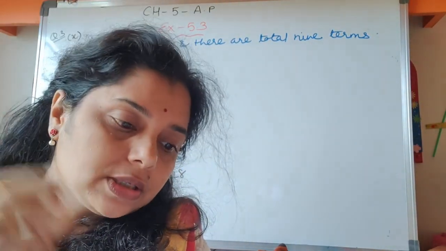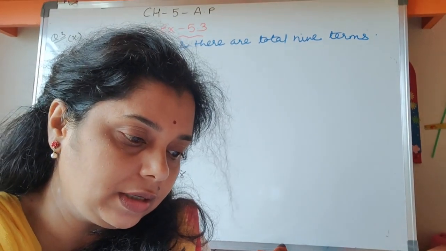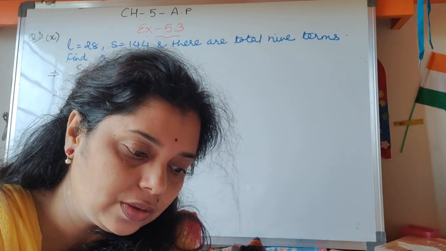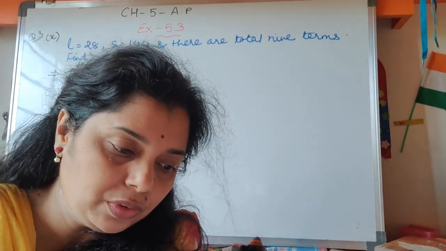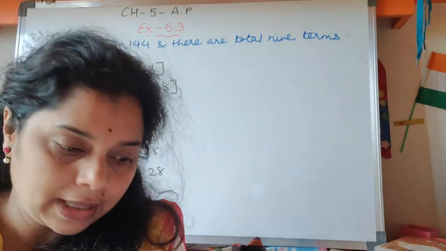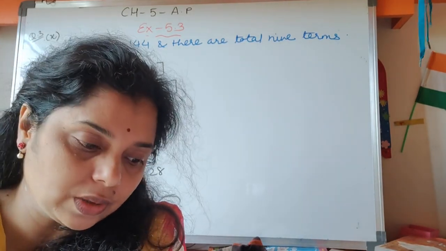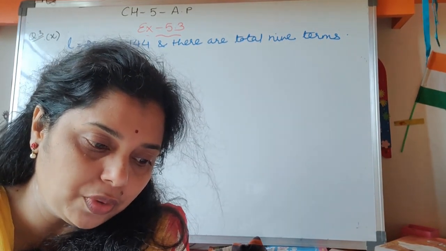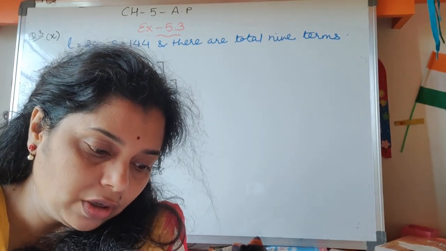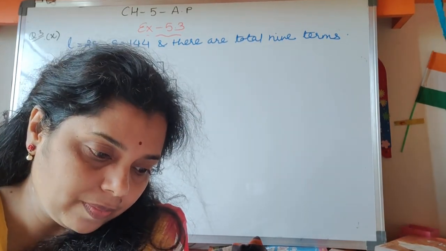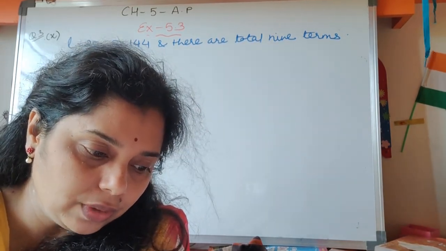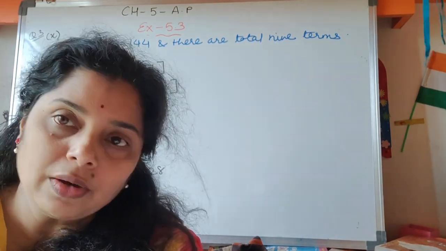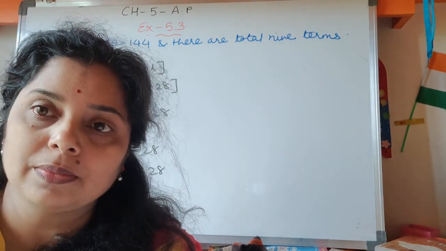Now we are going to discuss the ninth one. Here it is given that a is equal to 3, n is equal to 8, Sn is equal to 192. So again we apply Sn is equal to n by 2 into 2a plus n minus 1 into d. And therefore after substituting the values of a and Sn, we get d is equal to 6. Here n is equal to 8, it is already given, so we can easily get the value d. Now we will see the last, 10th sum.